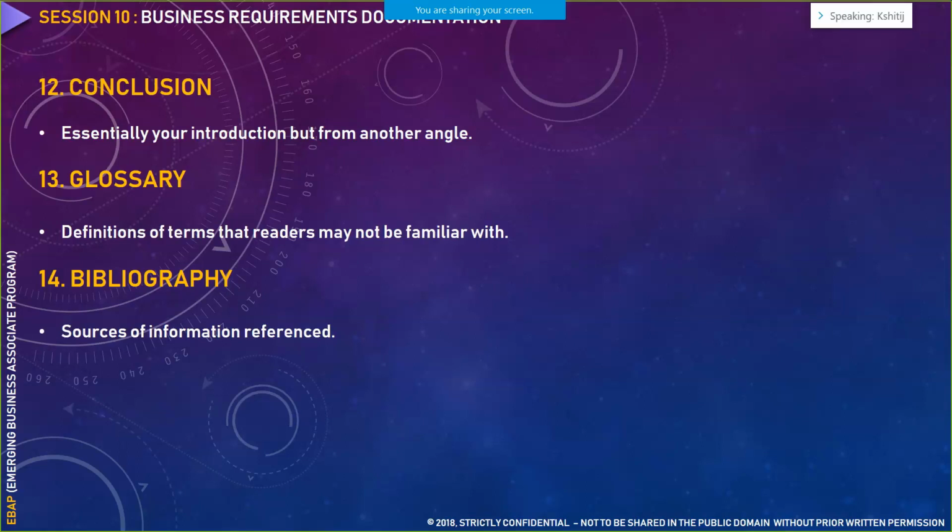Who are the stakeholders and the business sponsors for this project? Won't you ask them for a BRD template first? Oh, yes. So a BRD template is something that you are going to ask them for in the first place when someone asks you to write a business requirement document.